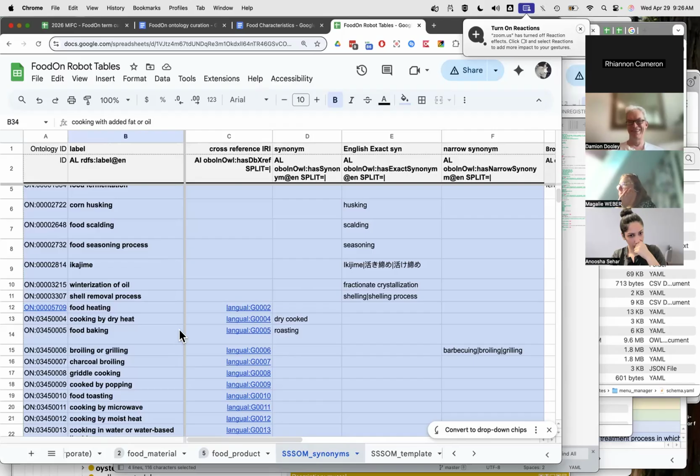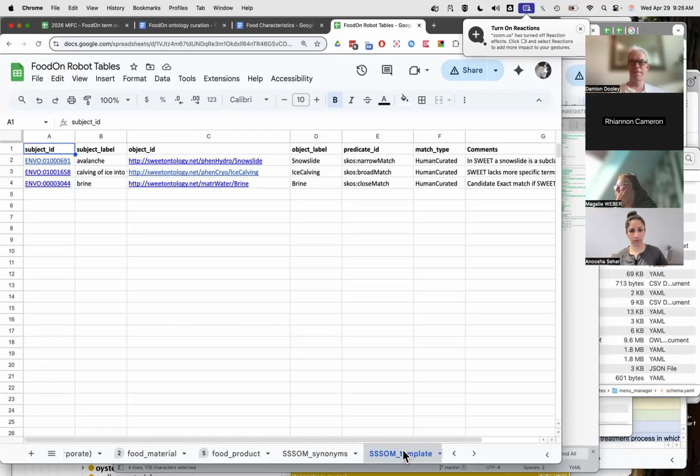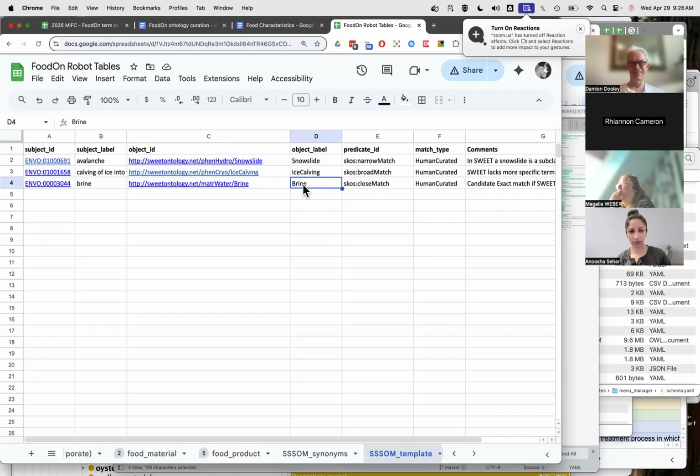Now, you say, this isn't an SSOM table. No, it's not. In a sense, it's a precursor to take each of these columns and make an SSOM row out of them over in this template. And then once that is done, we can actually reverse the flow such that this is the place you curate all the term synonymy